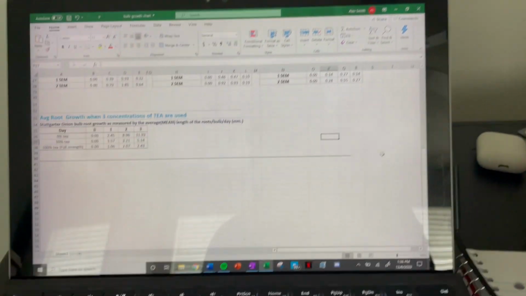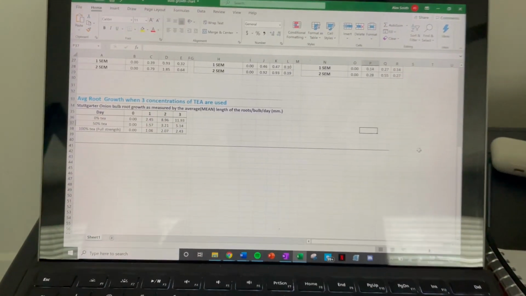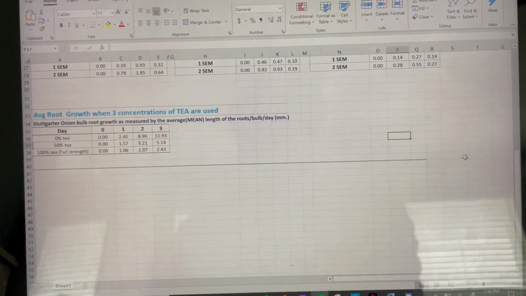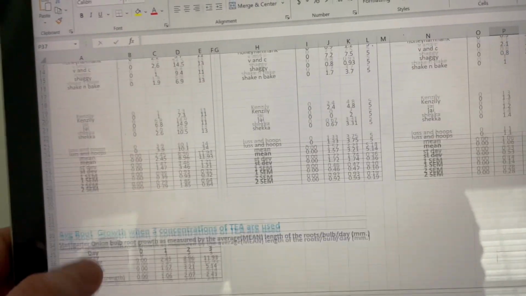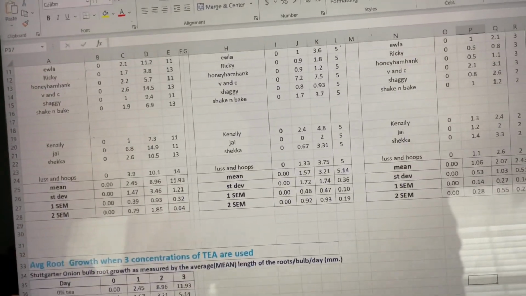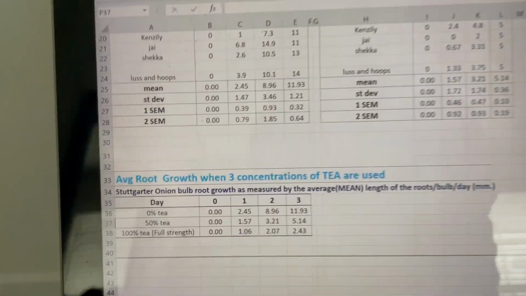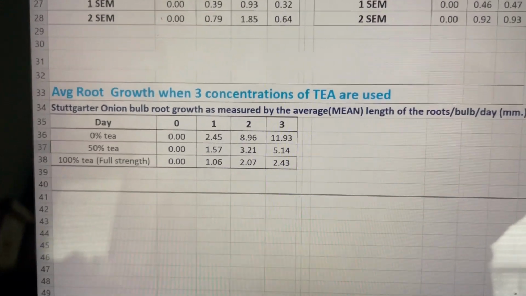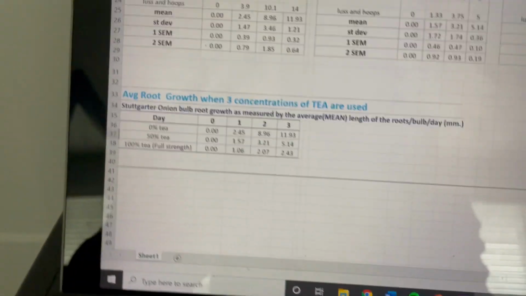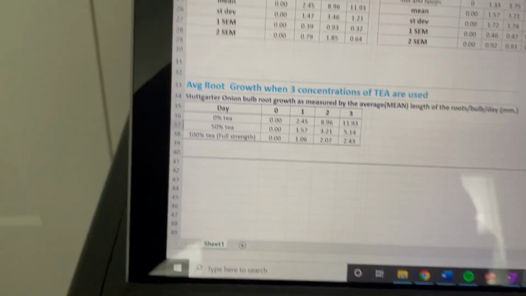Hello, so today I'm going to explain to you guys how to create a chart using Excel. So as we see, we have this big, huge data chart and everything has been compiled into our different means for different days and everything like that. And so if we want to make a visual chart of how to do this, first we're going to go